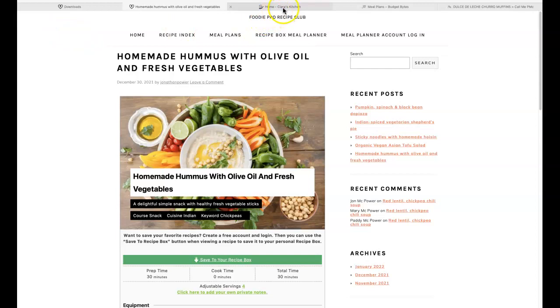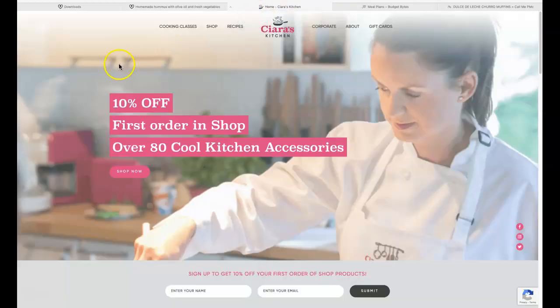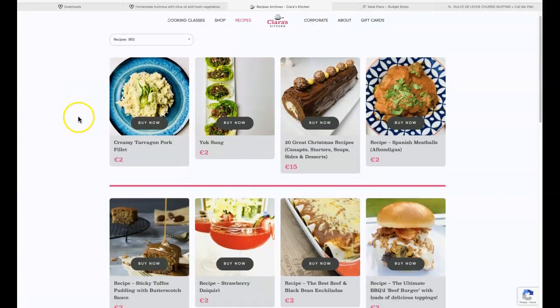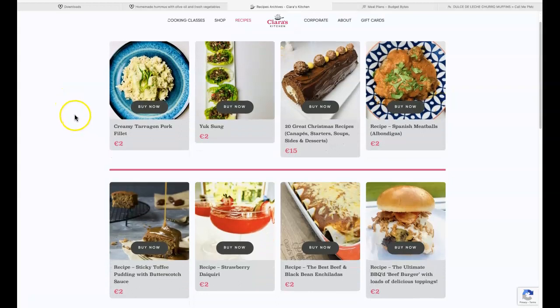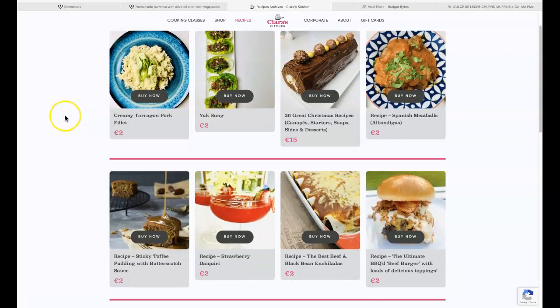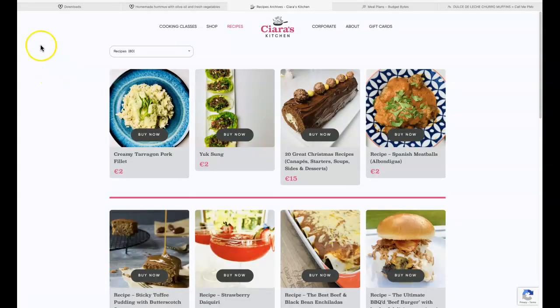Actually, here's an Irish chef that runs a cookery school and does other things. She's in Delgany here in Ireland, just south of Dublin, and she actually sells individual recipes. That's not something that I've seen very much, but there are people doing it. She's a recipe developer and she has that going on, and she does cooking classes and all that stuff